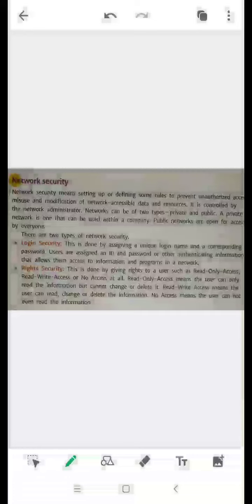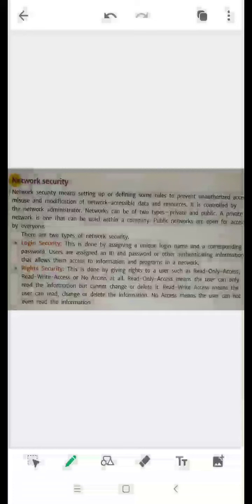Some of the people may try to access the other systems without their knowing. So in order to avoid all those, we can protect our computers with some security features. All these are controlled by the network administrator only.